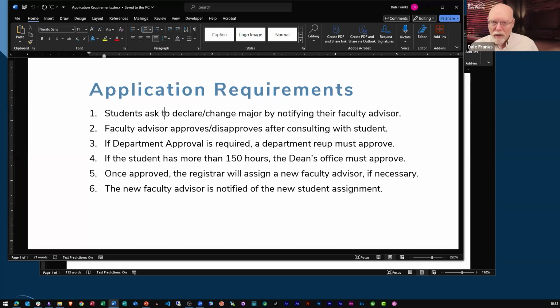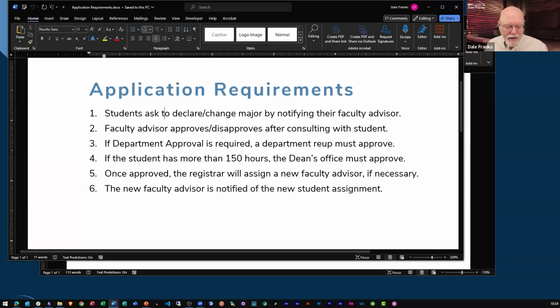The advisor will review the request. They will ask questions of the student, perhaps not. They may just approve it or what have you, but they may have questions that they want to ask the student. So therefore, I must have an iterative loop so that the faculty advisor can ask a question. That question would be sent back to the student. The student provides an answer, which would then go back to the faculty advisor. That process may continue through 4 or 5 questions, 10 questions, I don't know. And once the faculty advisor is satisfied, then and only then will the faculty advisor determine whether to approve or deny the request.